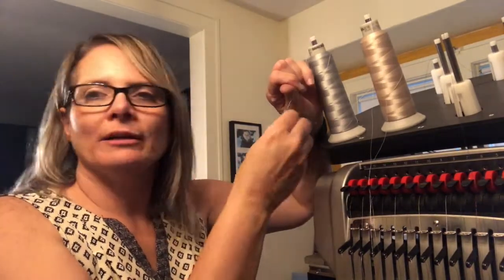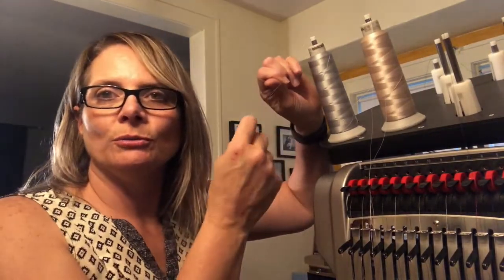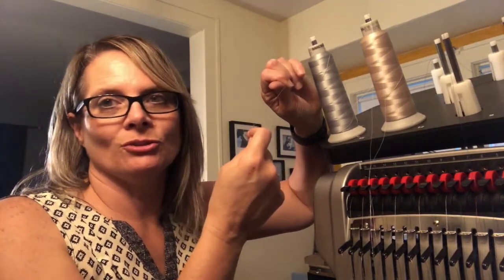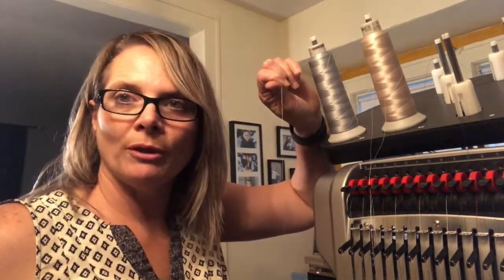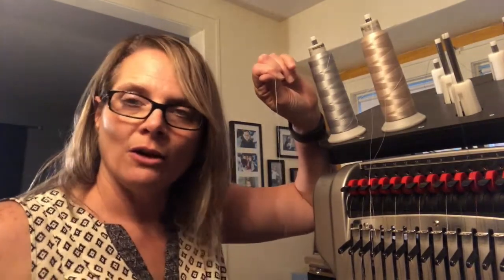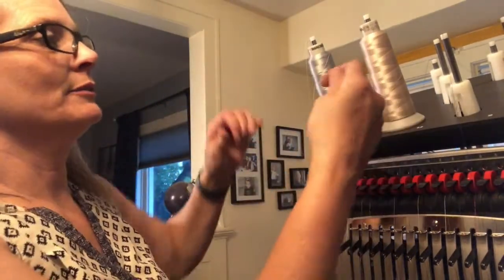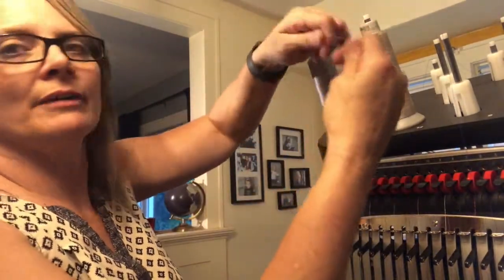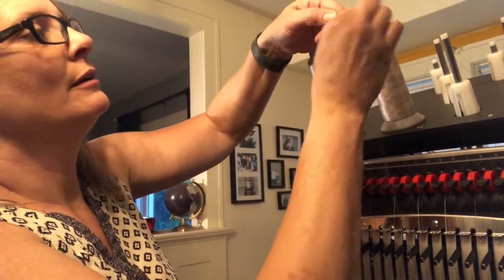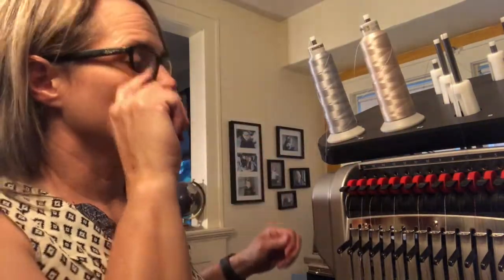But the reason you want a really small knot is because then when we go to pull it through the needle, you don't have to rethread every needle when you change the thread. You should be able to pull it all the way through and pull the knot all the way through the needle as well. It's got a nice knot, no need to thread the needle, right? So I got the stabilizer on. I've got 2 pieces of thread in my fingers, wrapping it around, pulling it through, and it's threaded, all right? So